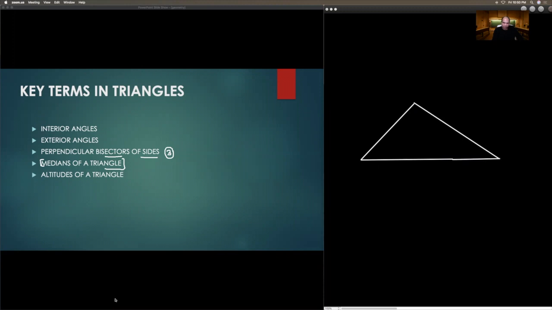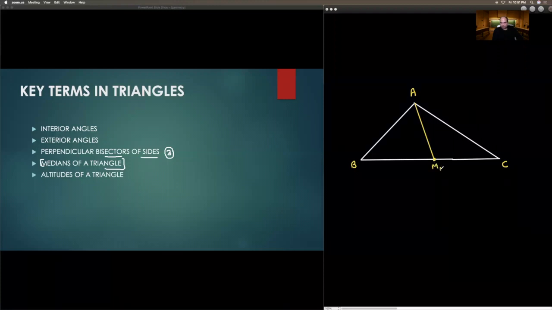So the general logic for a median is that if this is the midpoint of the side BC, then the median is this line which connects the midpoint of the side BC to the vertex